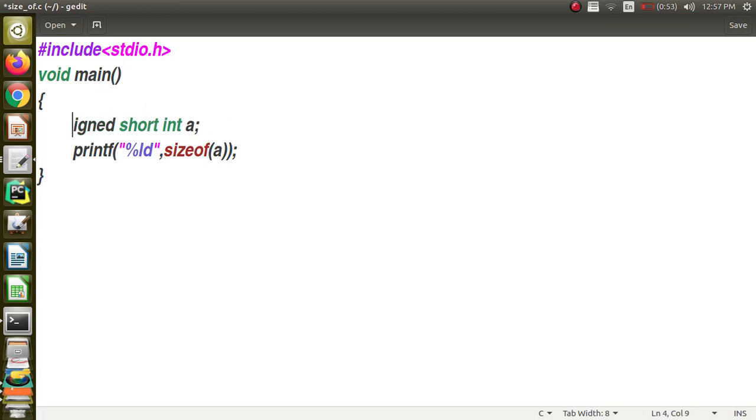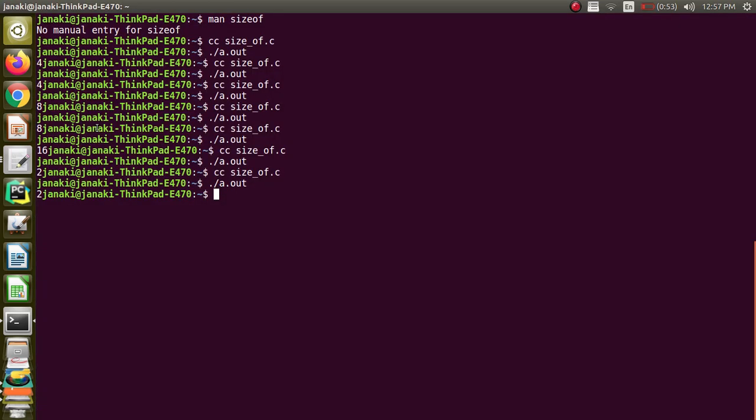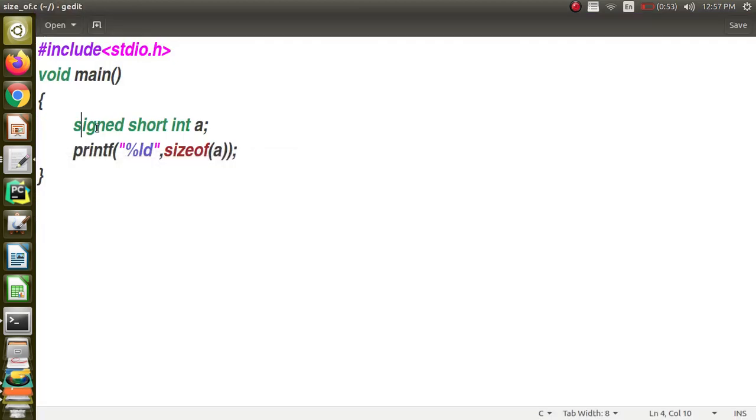I can also mention this as signed. That is perfectly alright, but generally we do not mention it. When we do not mention anything, it means the value stored in the variable will be signed, so the leftmost bit will be reserved for the sign. Hope this is clear. This is a short intro about the data types, how to find their size, how we do explicit conversion, and how the system does implicit conversion. We will do further discussions in the next few sessions. Thank you.